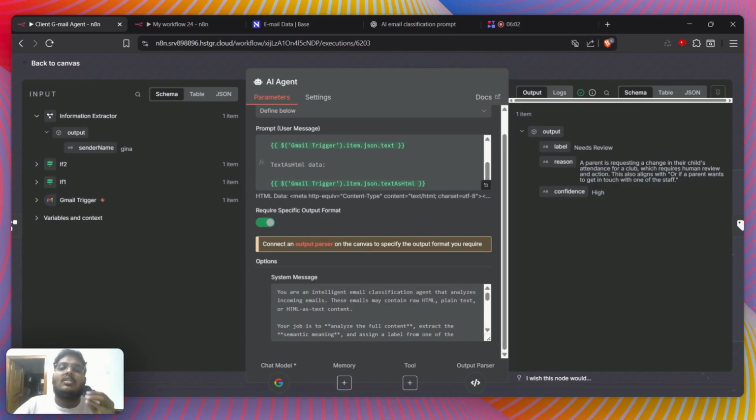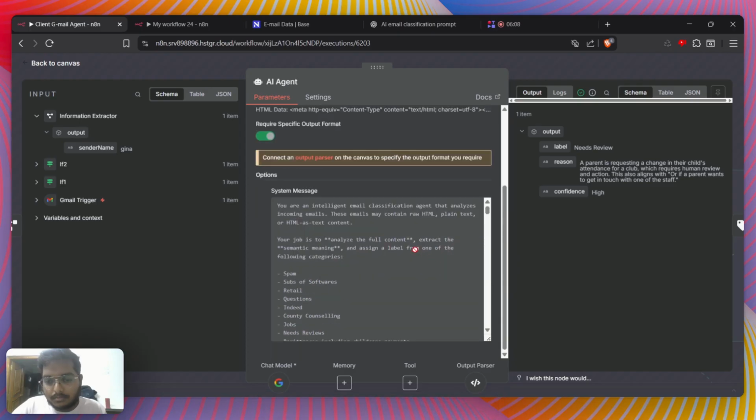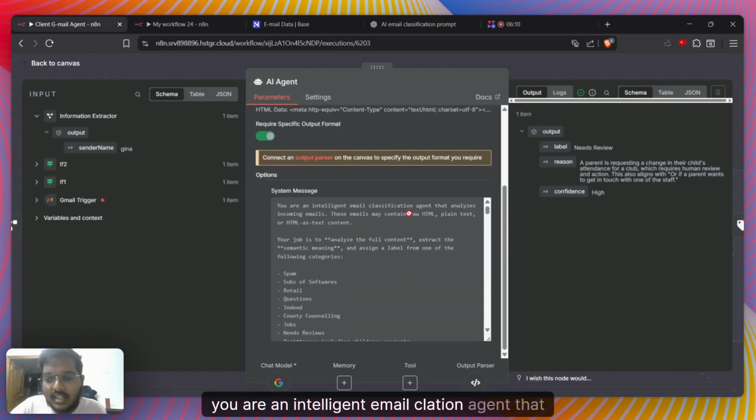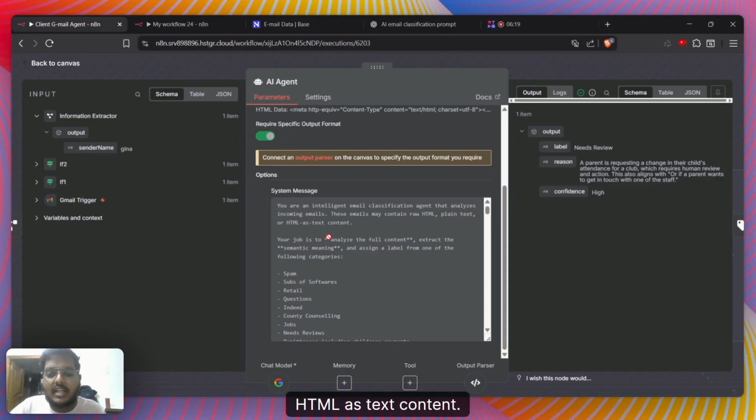So in confidence we have low, medium and high. Okay. So what the system prompt is: you are an intelligent email classification agent that analyzes incoming emails. These emails may contain raw HTML, plain text, or HTML as text content. Your job is to analyze the full content, extract the semantic meaning, and assign a label from one of the following